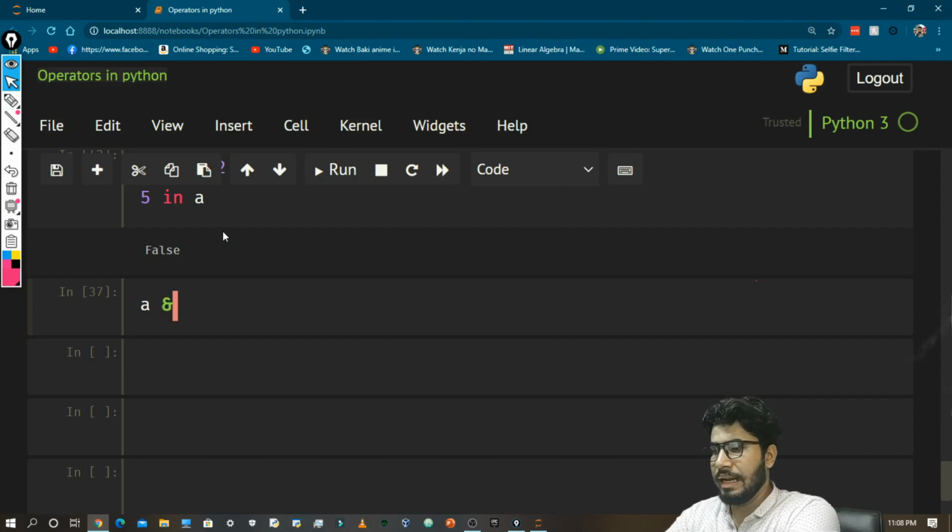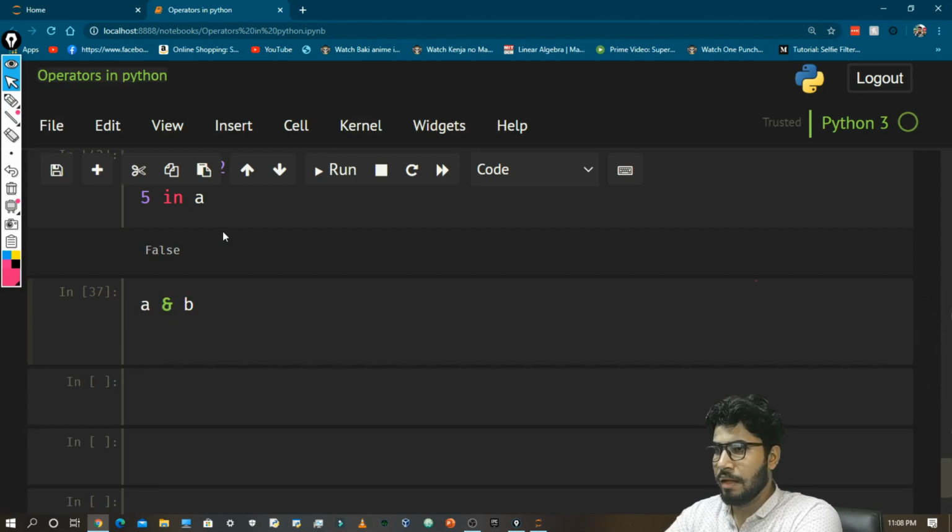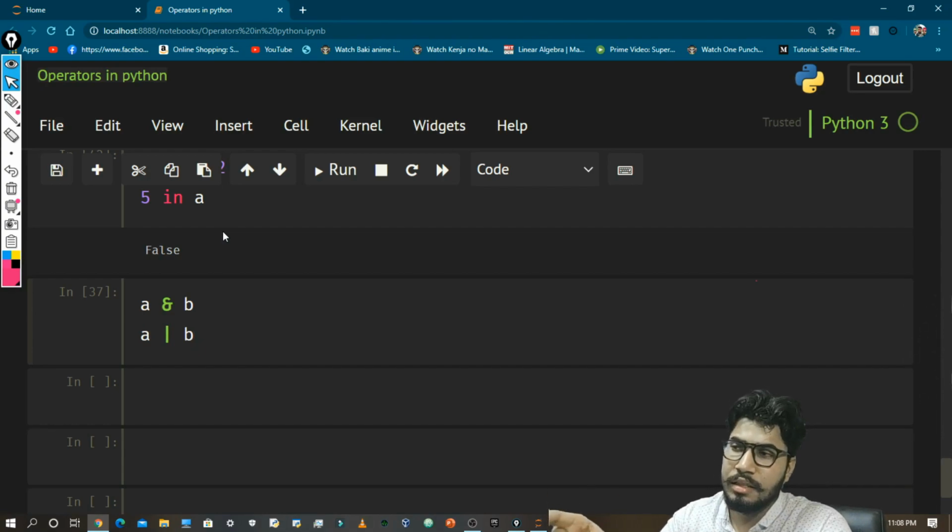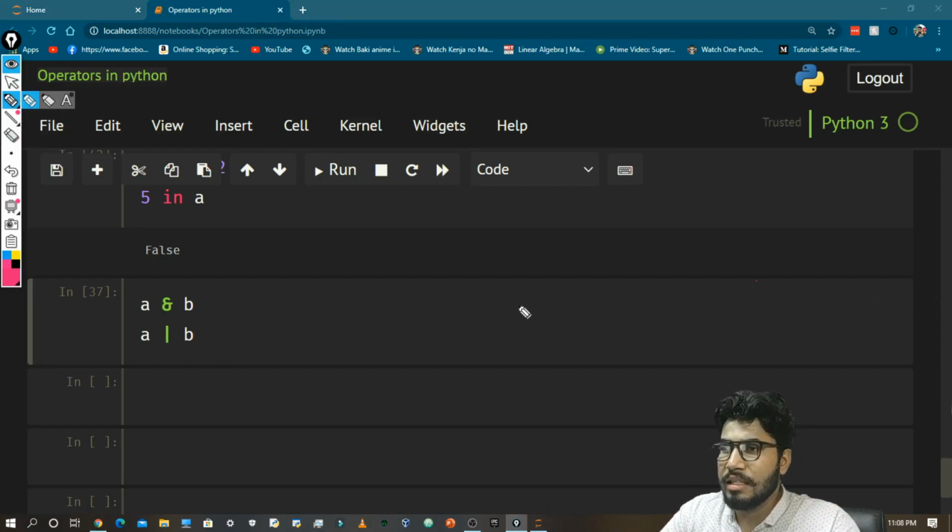A and B, A or B. These are just two examples of bitwise operators, and I want you to read about bitwise operators in Python and let me know if you can understand them, because these are not used as much, and I want you to use your brain also. So these are very basics. Let me give you an example.